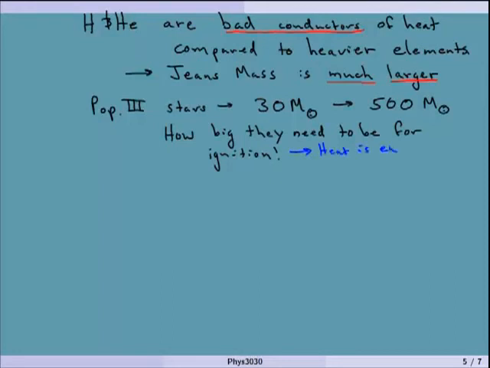This is for all stars. Reaction. Okay. But because these have such bad conductors, they can be up to 500 times the mass of the sun. And there are two really important conclusions that we get from this. One is that